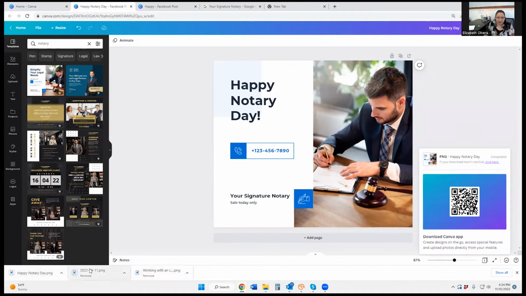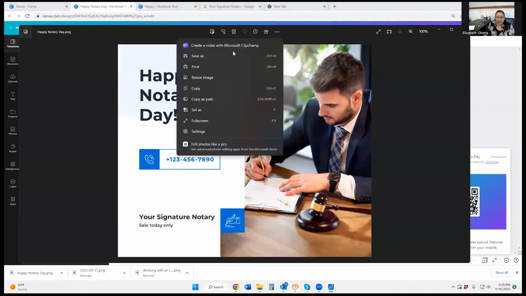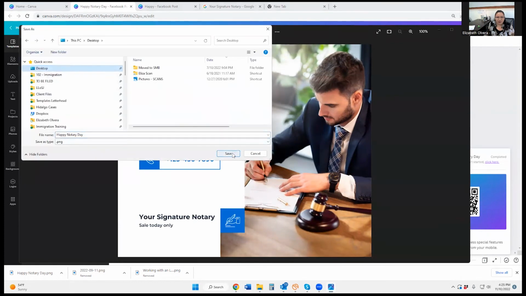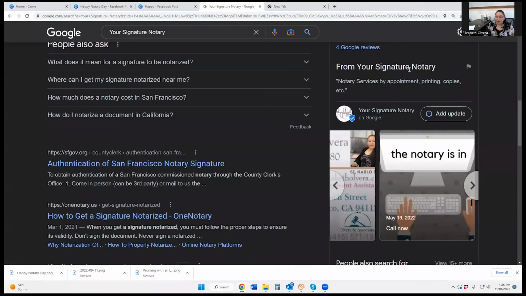And then I have to just find it to where I downloaded it. So I'm going to open this. And there's my post. And I'm going to save this to my desktop. Save as, save. So I'm going to close this window, and then I'm going to go to my Google My Business page